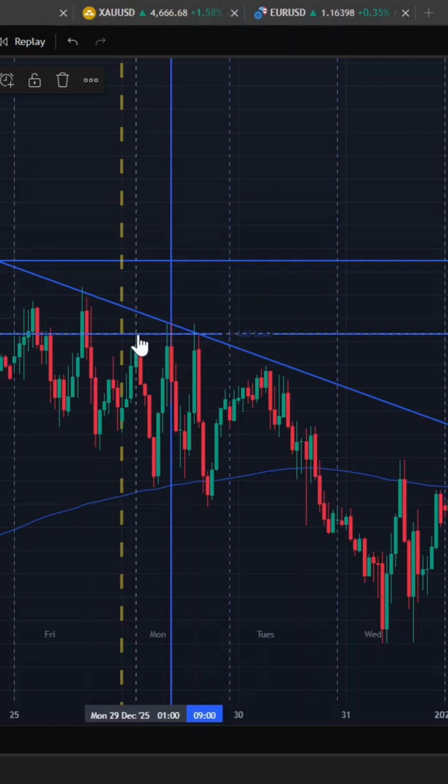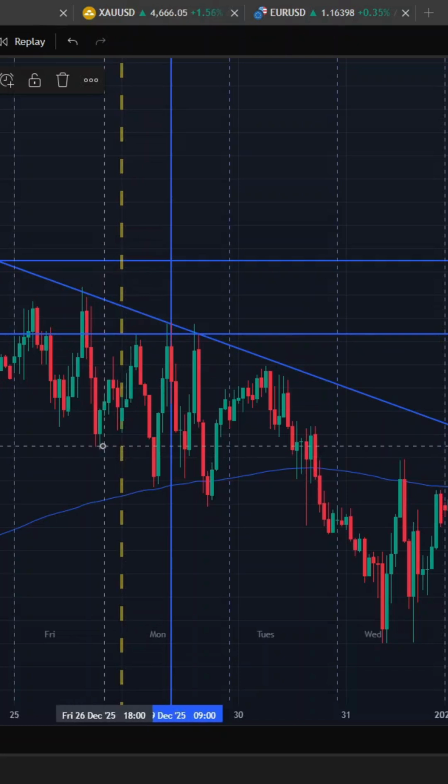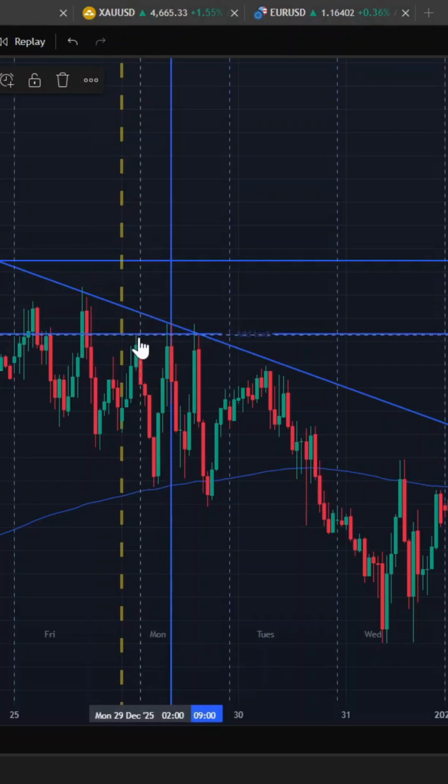Now, if you notice from here, price went down and it broke. This is a low in the market. This is a low in the market. So price went down and it created a lower low. So that is our supply zone. Therefore there is liquidity sitting there. So after price takes out this liquidity,